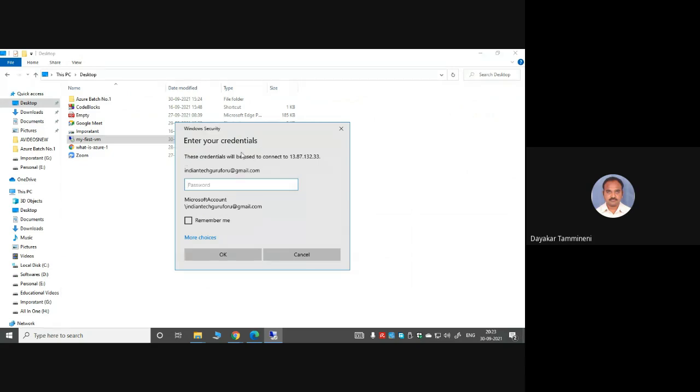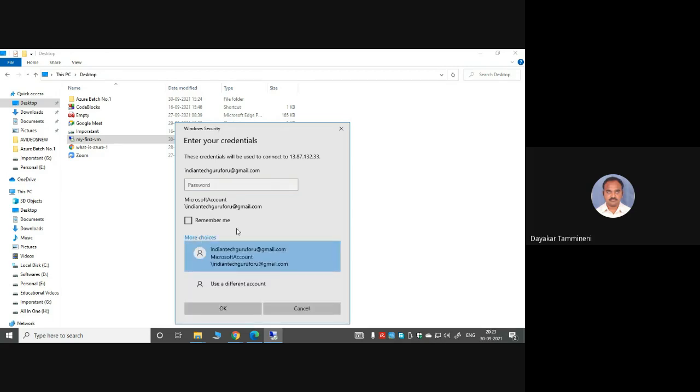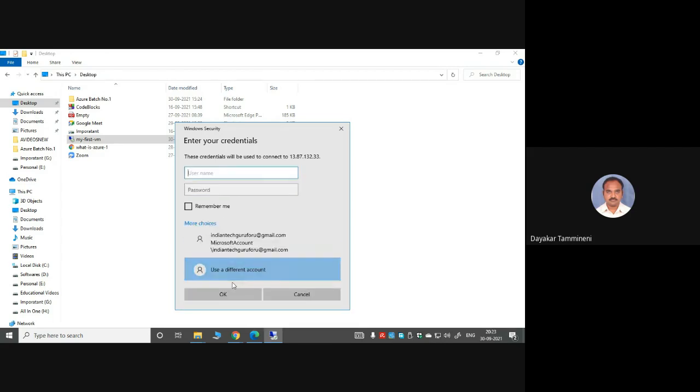Now it is asking for my credentials. I am not going to use my Azure portal's credentials. I am going to use my credentials for connecting to the remote machine. Whatever username and password I gave while creating this virtual machine, I am going to give that username and password. Baker123 and then the password.